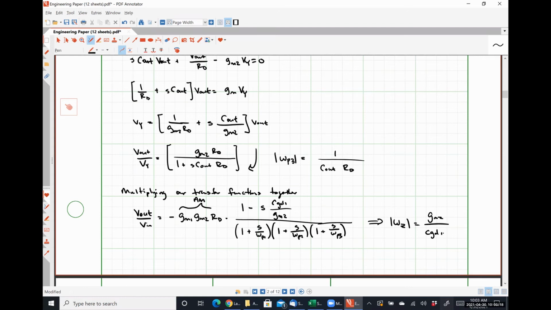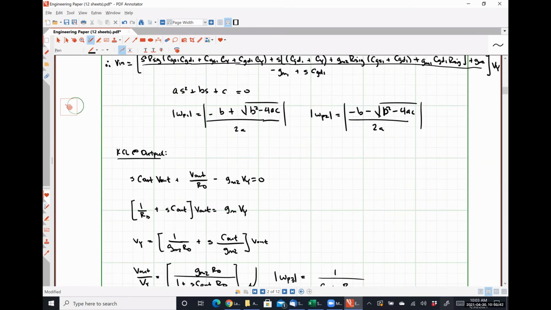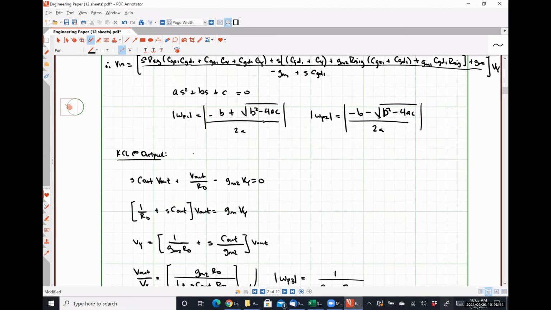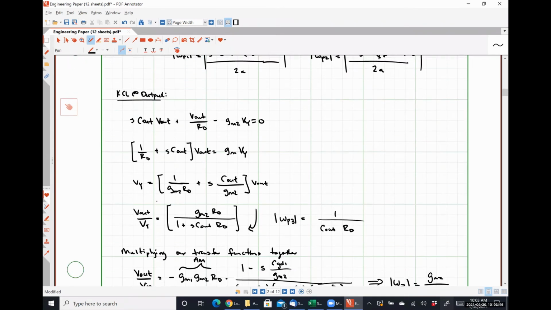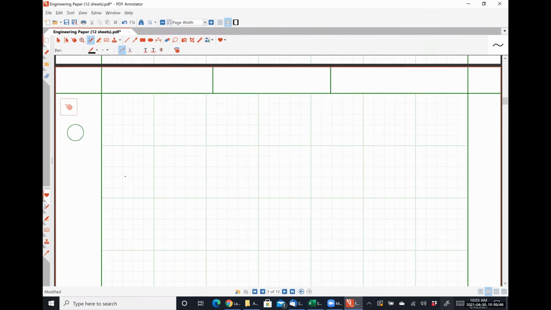When we do the Miller approximation in just a moment, we are going to obviously lose our 0 for sure. And we are also going to see that we'll still wind up with 3 pole frequencies as well, but they're just going to be an approximation of these 2 guys that we have up here, omega P1 and omega P2. All right, so